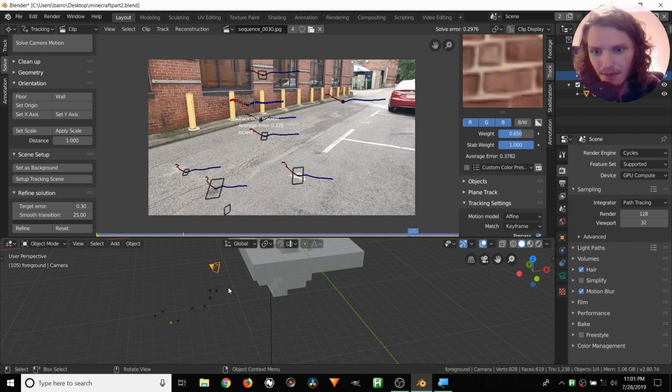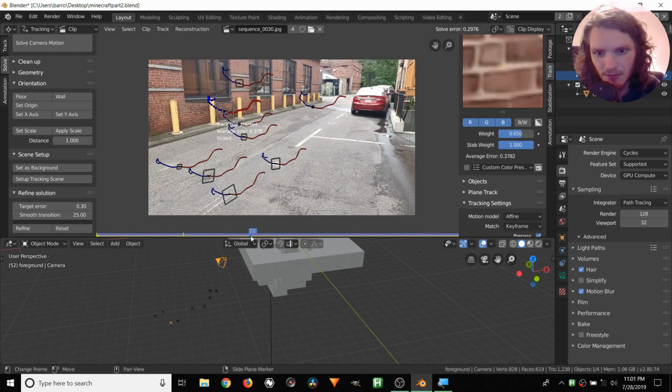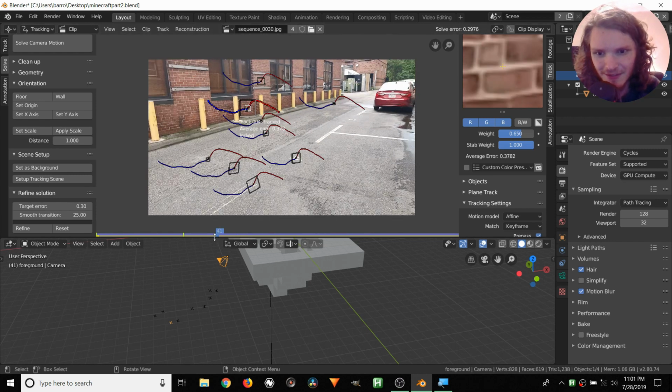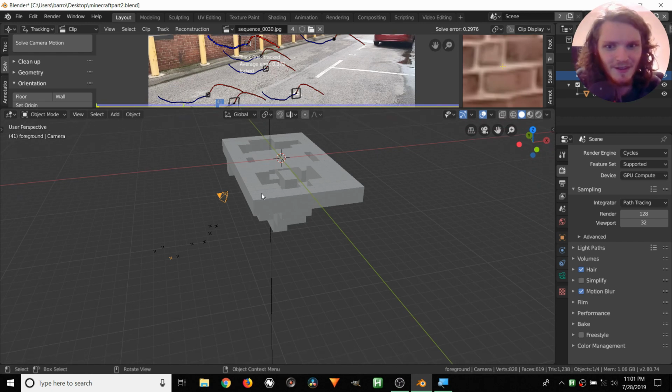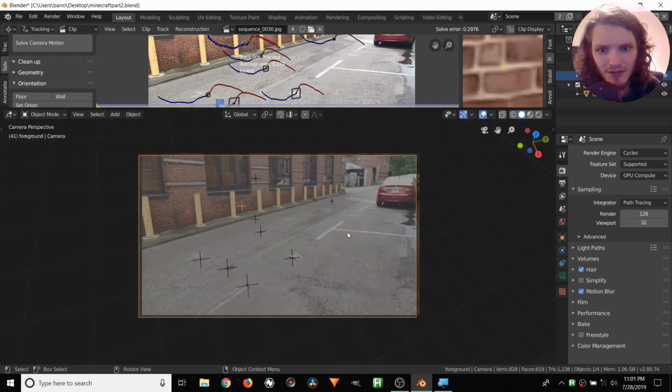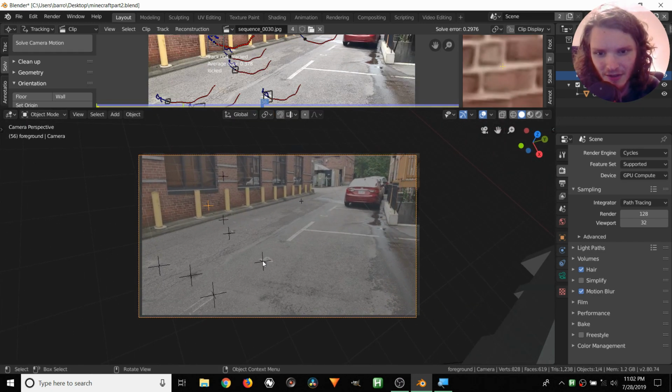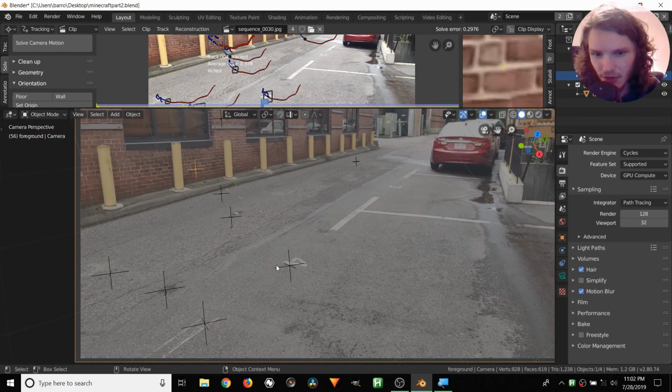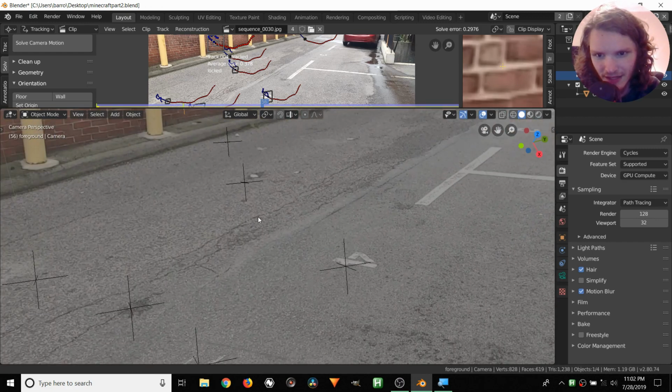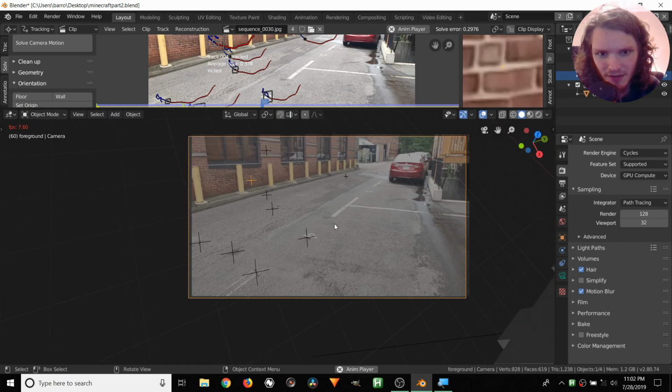With that amount of error, it's pretty much just copying the path and the pivoting rotation of our camera. If we go to our camera view, I'm just going to make this a bit smaller if I can. There we go. Okay. So in our camera view, you can see that these dots are almost, not perfectly, but almost overlapping with our other trackers.